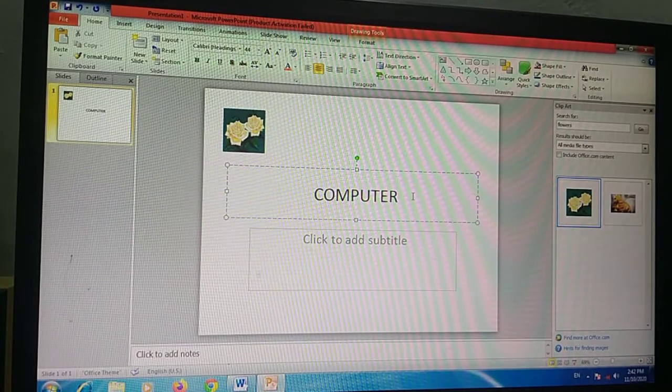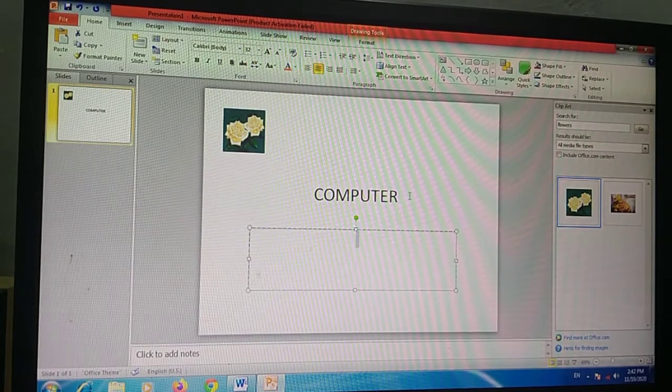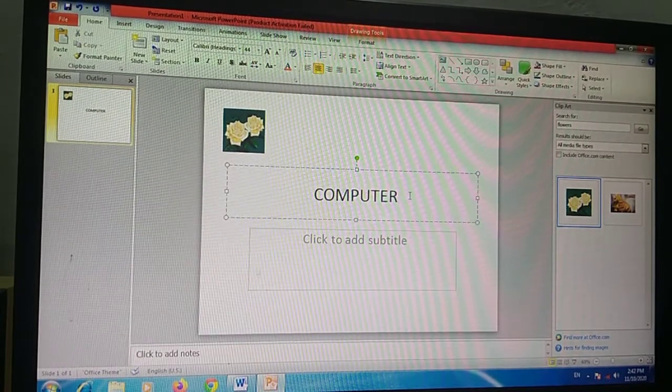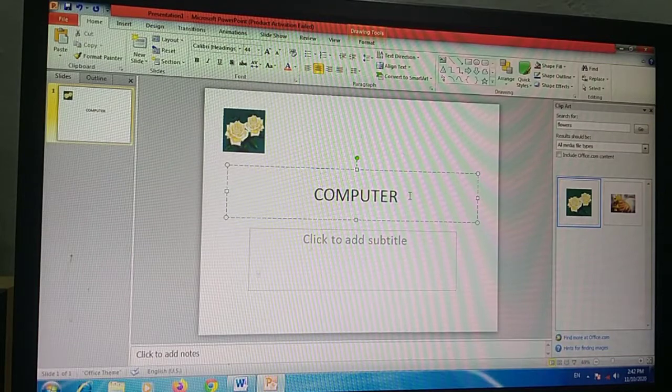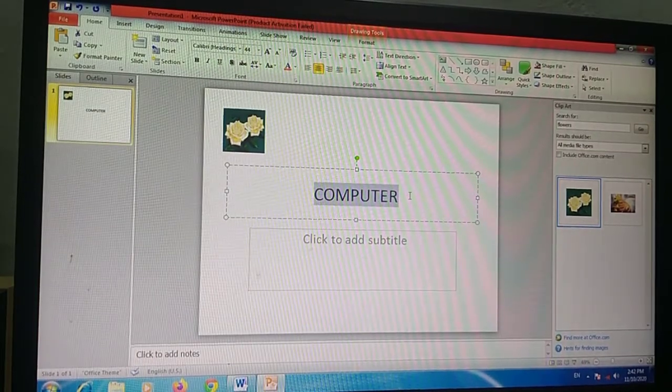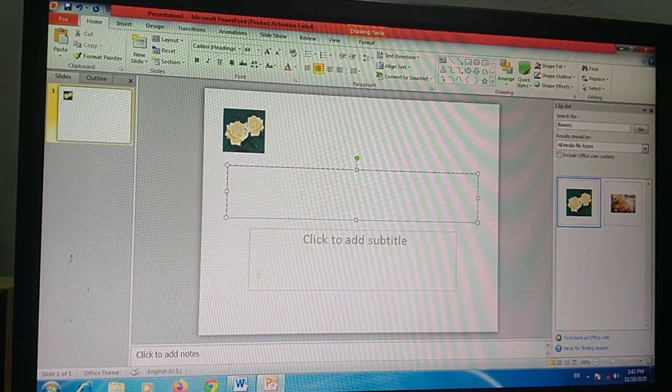If you want to delete it, first of all you have to select it by using your mouse, or by a shortcut key. Use shift plus left arrow: press the shift button and then the left arrow, and the text has been selected. Then press backspace. The word computer which you have written has been deleted.